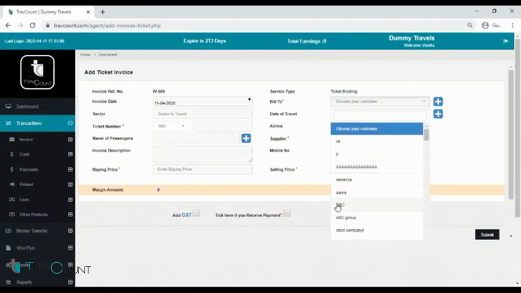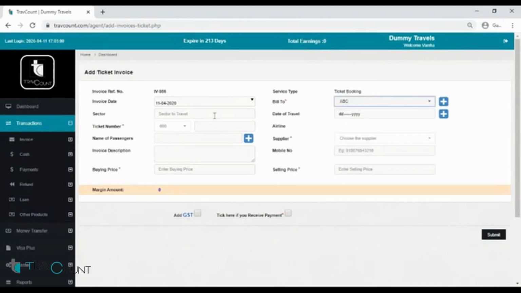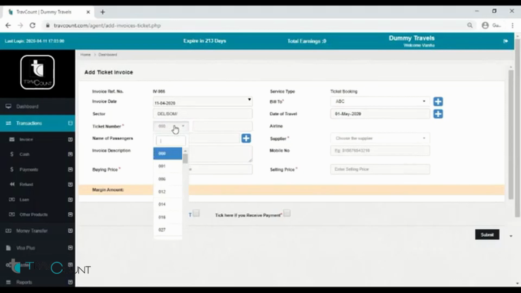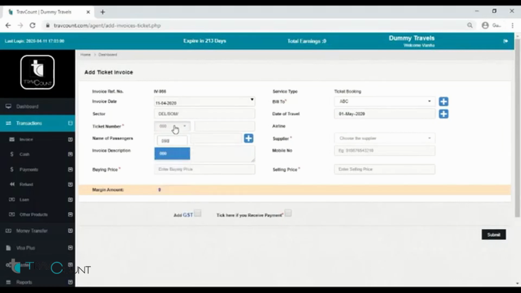You just click the bill to whom you wanted to bill it, then the sector, then the date of travel. So I'm going to put it as 1st of May, then the airline code, of course Air India, our national carrier, then passenger name.